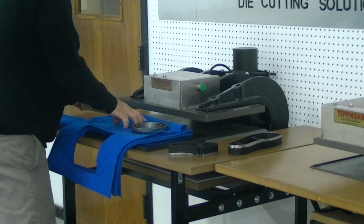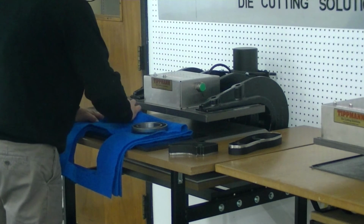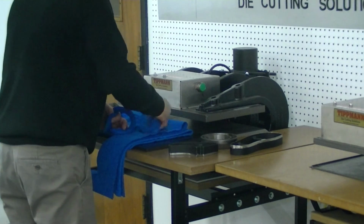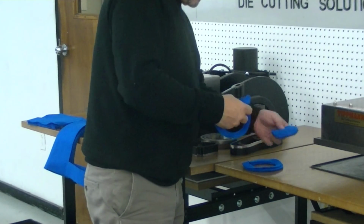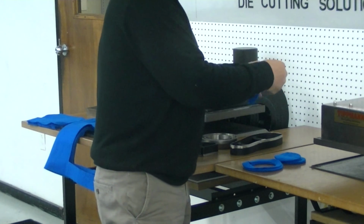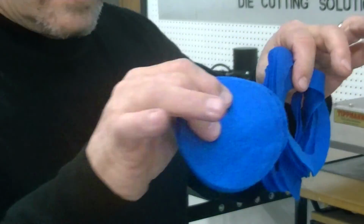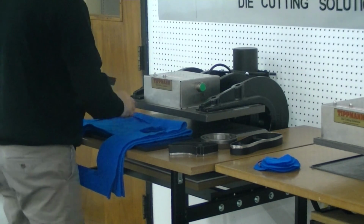And it looks as if we got down to about 6 layers. Well, the circle dies actually went all the way through. So you cut out all the circles, inside and out. The square die